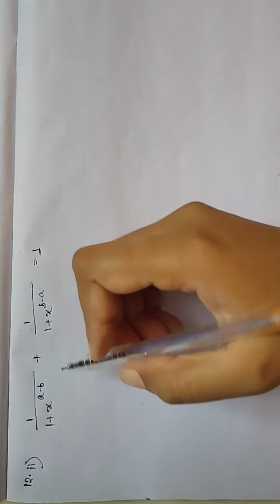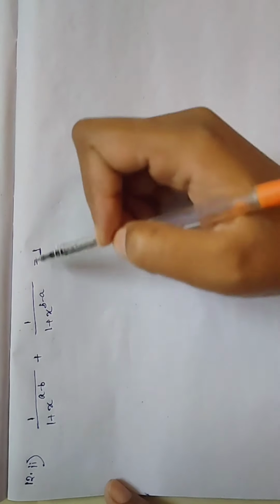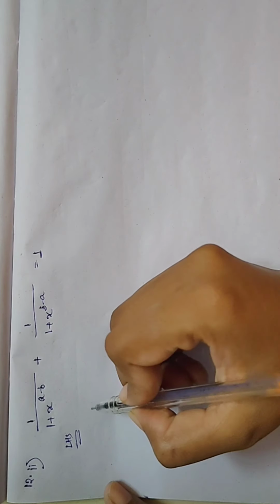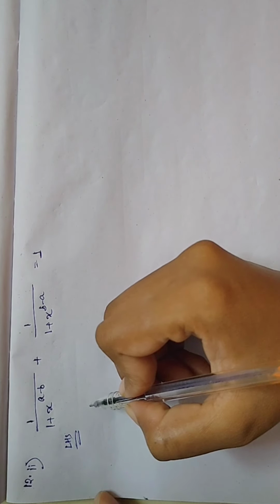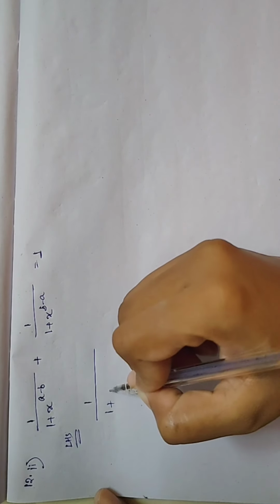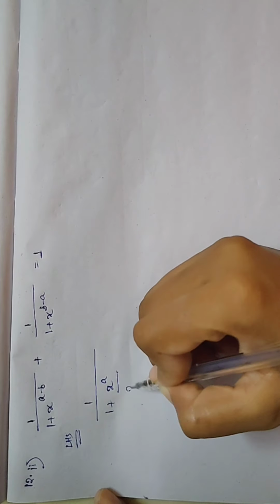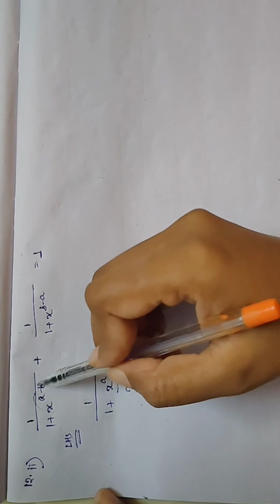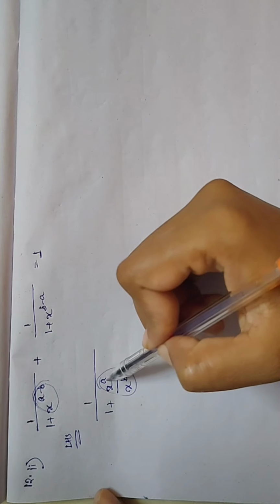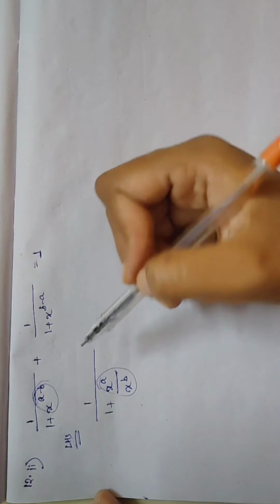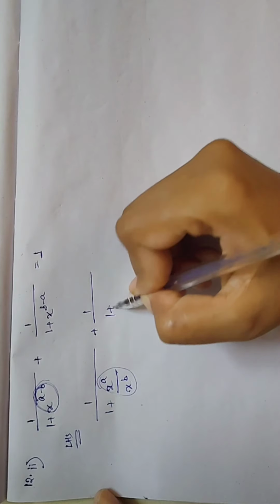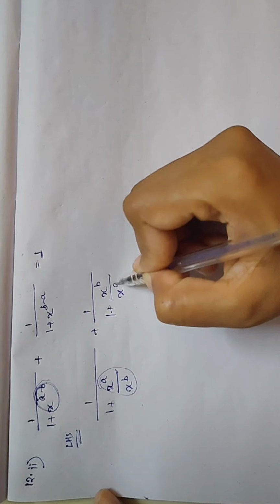Okay, in number 12 also you have to prove that this LHS portion will be equal to 1. So let us start with LHS. So how to proceed with this? Listen, what we can do. 1 plus x to the power a by x to the power b. Can we write this as x to the power a minus b? Because the bases are the same, there is a division sign, so we have to subtract the power. So it's obvious that we can write this portion as this. Similarly, for this part also we can write x to the power b by x to the power a.